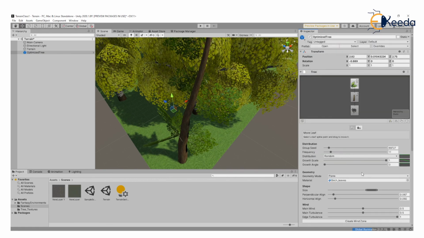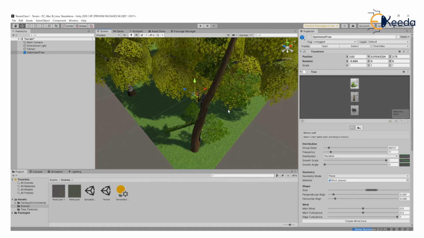Now, once we have looked at these trees, we can make a lot more trees. We have just looked at a part of how you make these trees. What we need to do now is put these trees in wind. What we need to create is something called a wind zone. A wind zone applies wind to different trees and plants nearby. So let's create a wind zone just to demonstrate how useful wind is.